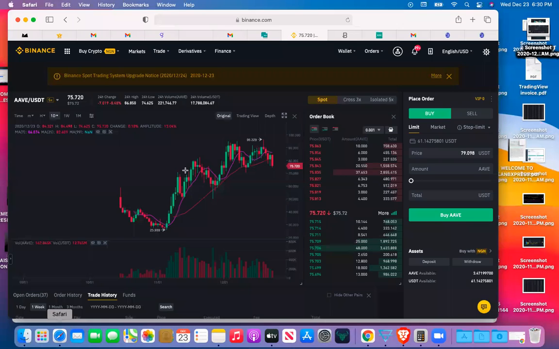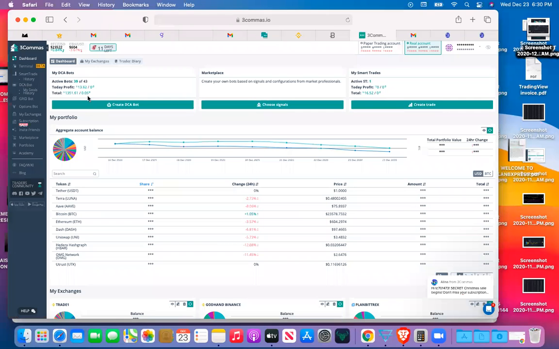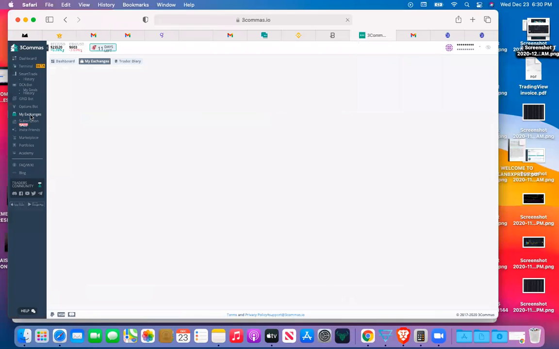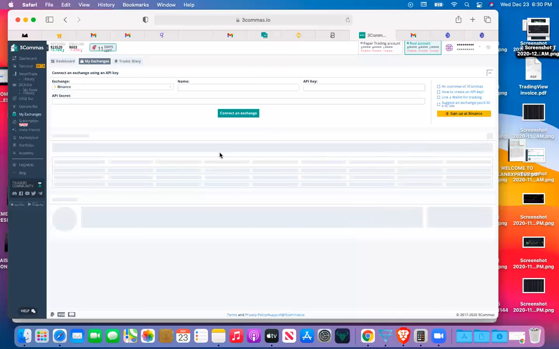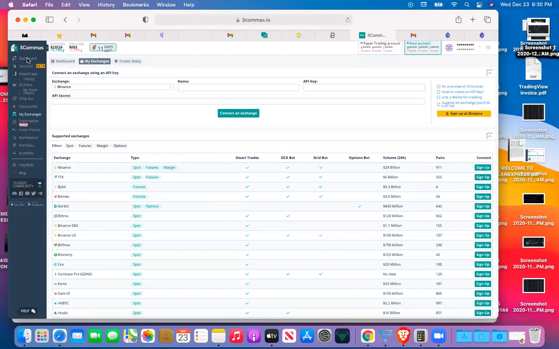Now, if you're using your laptop together, you don't need to stress yourself, you just copy straight away and come to your Tree Commerce. Now come to your 3 commas. If your 3 commas is new, of course, it's going to show you should connect. But if you have moved away from the page, you click on my exchange. So if you click on my exchange, ordinarily on your 3 commas,